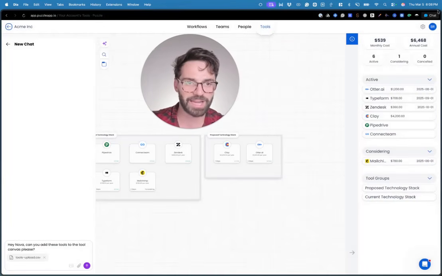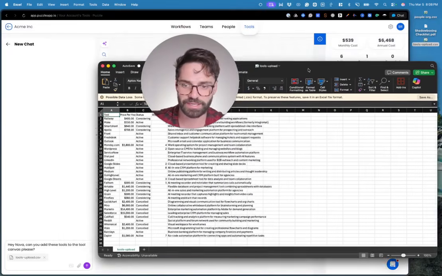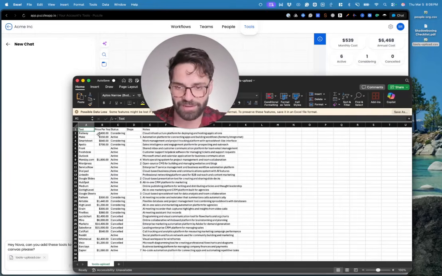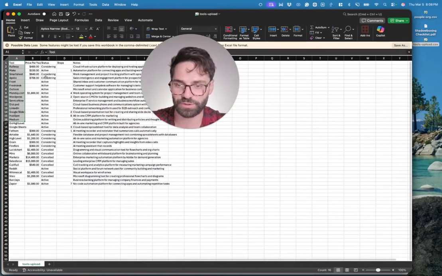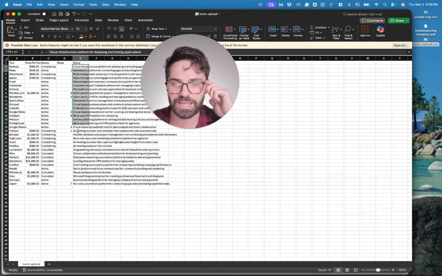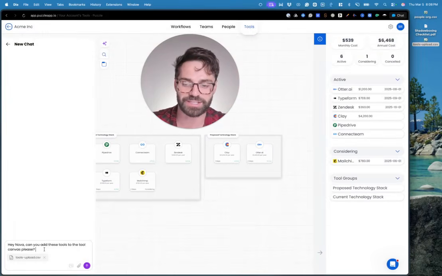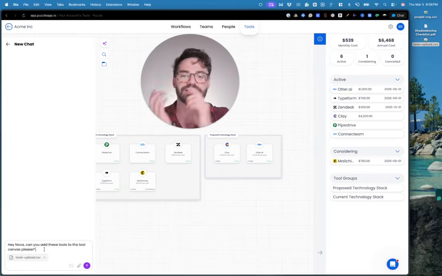So before I actually press enter here, I want to show you what this tool upload actually looks like. There's a few data points that I have in this CSV: the tool name, the price per year of the tool, the status of the tool, whether it's active, considering, or canceled, and notes about what this tool actually does within our operation. So just some basic information. You can see that Nova will take all of this and convert it into the appropriate fields within the tool